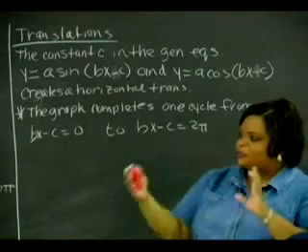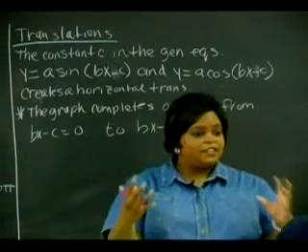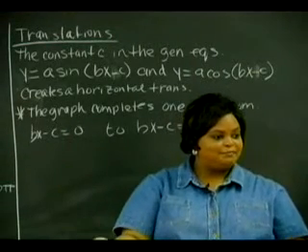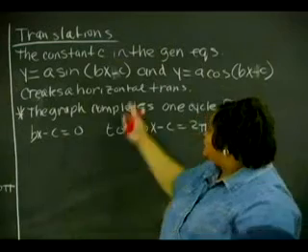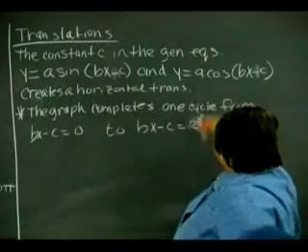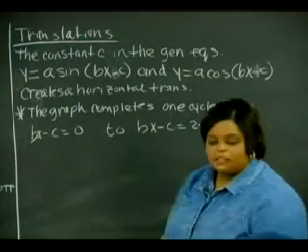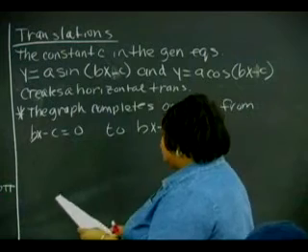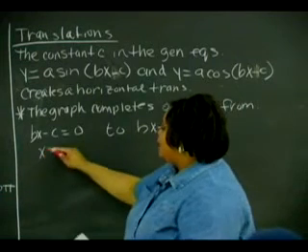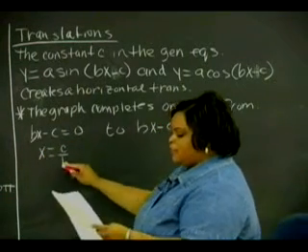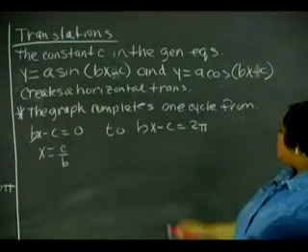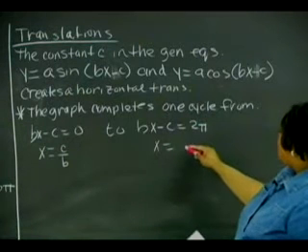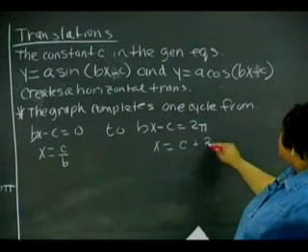Well, because in our original sine and cosine function, it starts at 0, it ends at 2 pi. So if we set this argument of the sine and cosine, bx minus c, equal to 0 and 2 pi, then if I solve for x, x here is c over b, and x here will be c plus 2 pi